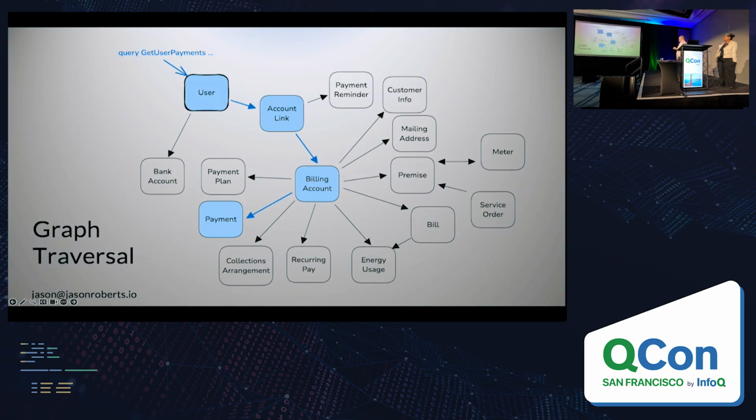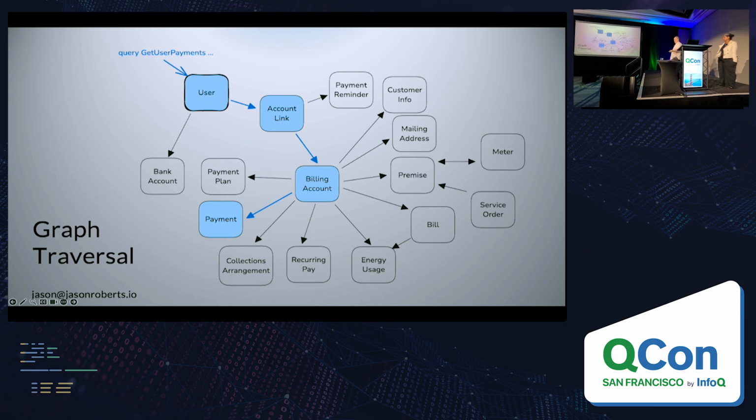This is an example of graph traversal. So this is a bigger picture of the different types of APIs that are in our graph node, or the nodes in our graph. And in the example of the query I showed you on the last slide, what's happening is it traverses the graph through that blue path. So it hits user, and then user is going to go ahead and delegate the second level information to account, link to billing account, to payment, et cetera.